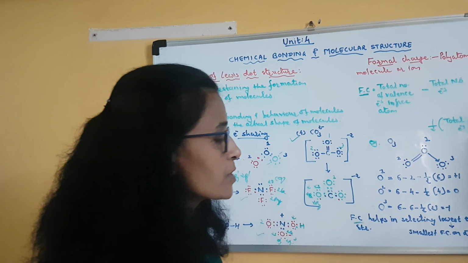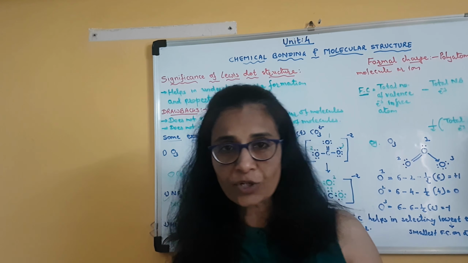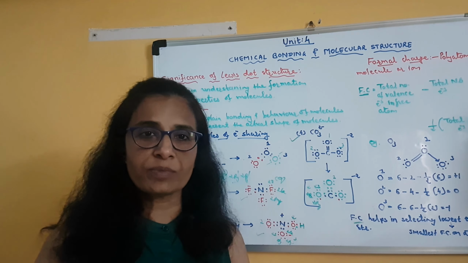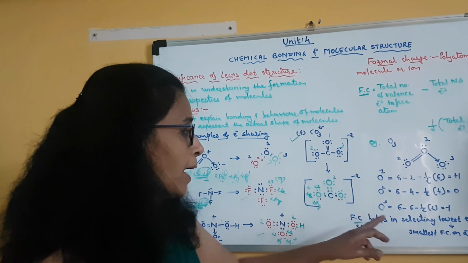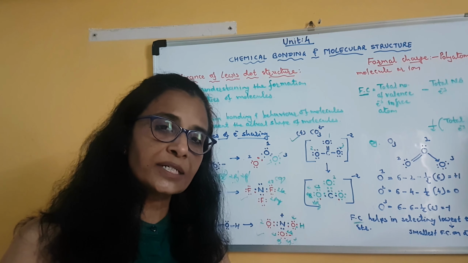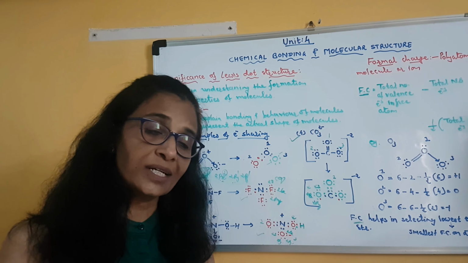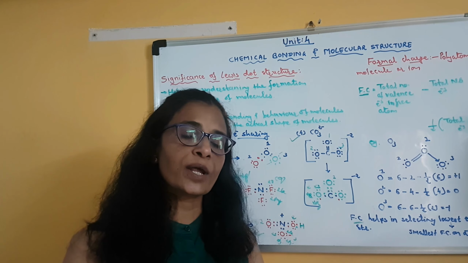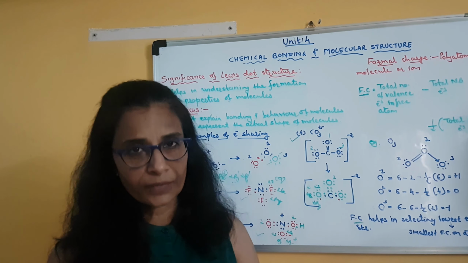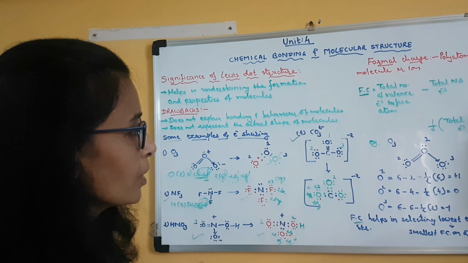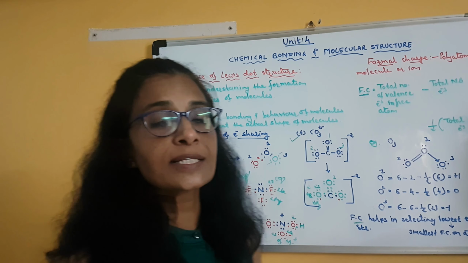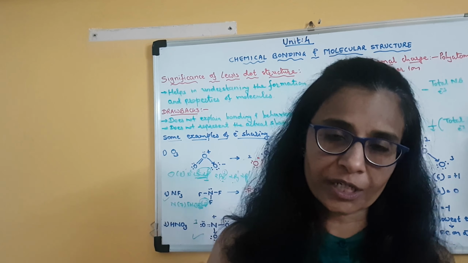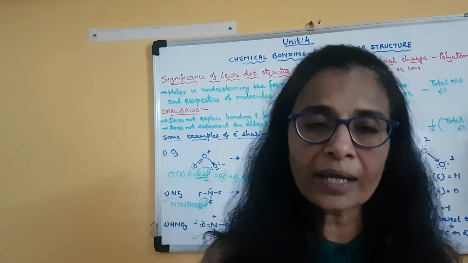Formal charge helps in selecting the lowest energy structure whenever the molecule is having more than one possible structure. Clear? And which one is considered as the lowest energy structure? It is that structure in which smallest formal charge is present on each atom. Clear? So today we will keep only up to here. In the next lecture we will go for the limitations or the drawbacks of the octet rule. Clear? Till then, goodbye. Have a nice day.